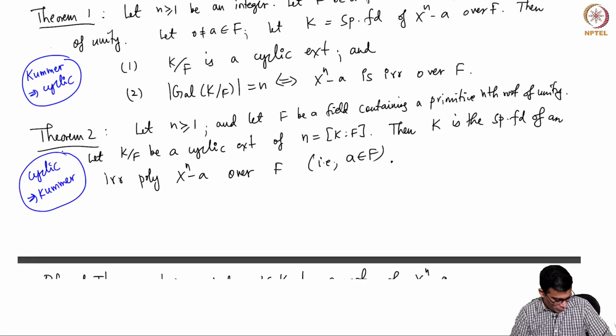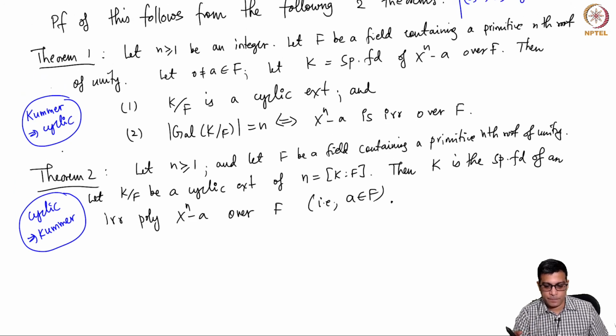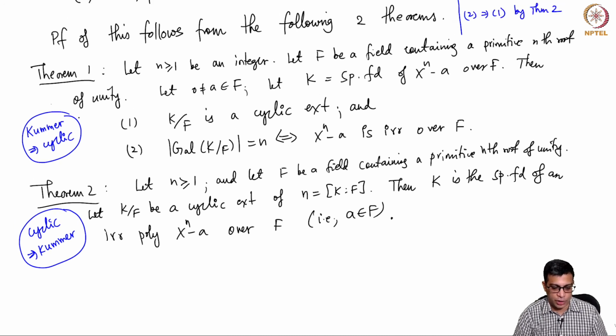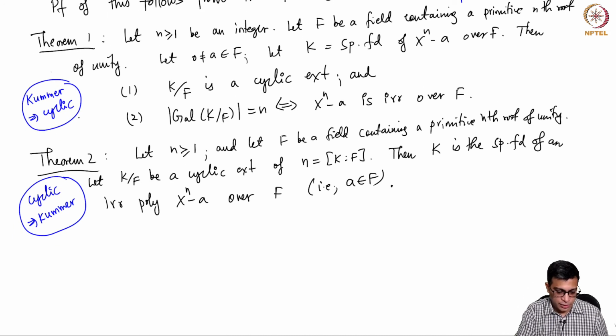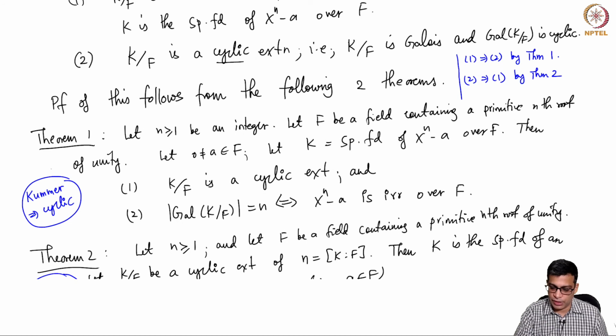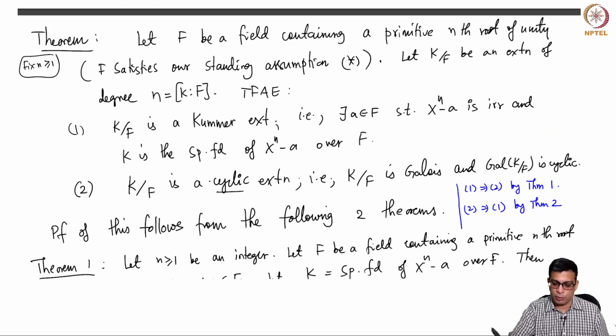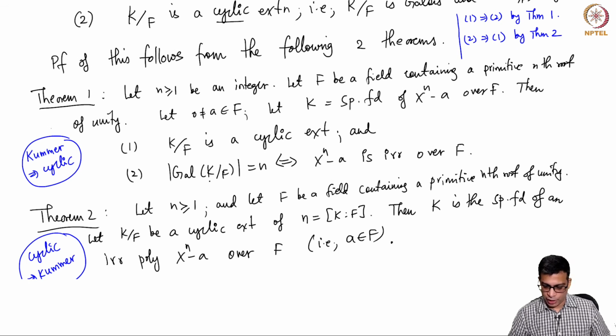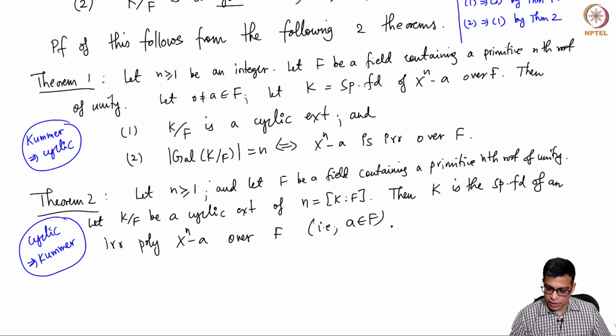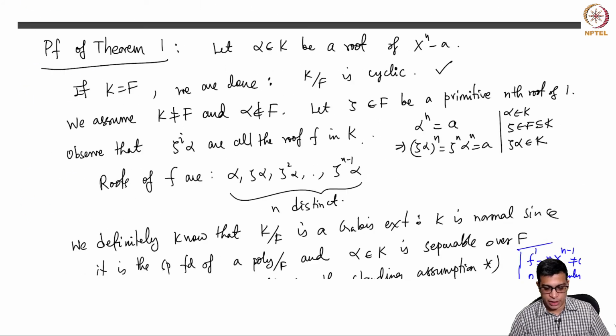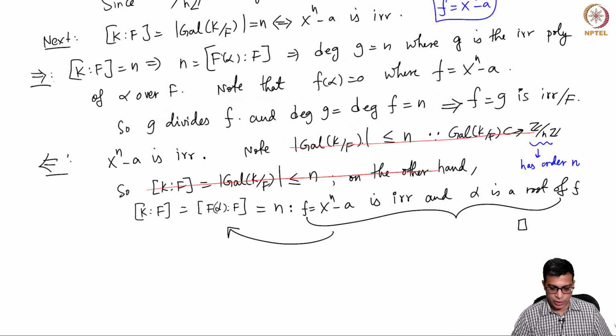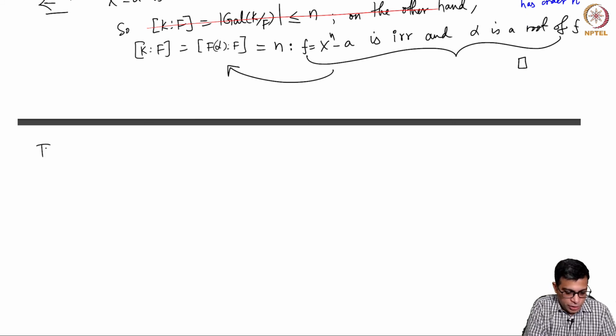This is just a short way to remember, but remember also that there is a lot of additional hypothesis here, that F is a field containing a primitive nth root and so on. So if you remember all that, a convenient way of remembering theorem 1 is Kummer implies cyclic, and theorem 2 is cyclic implies Kummer. So we have now proved Kummer implies cyclic, and the theorem is that Kummer if and only if cyclic. So we are done with the first theorem. Theorem 1 has a little more data than just Kummer implies cyclic, but that is a crucial thing for us, so I wanted to highlight that. Now, let us go ahead and start the proof of theorem 2.